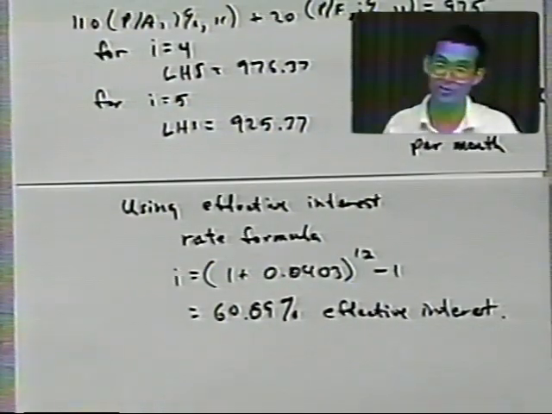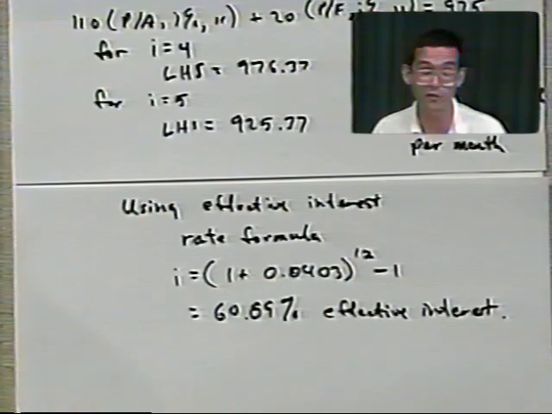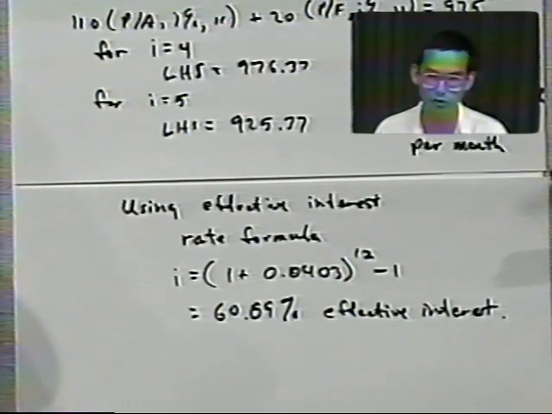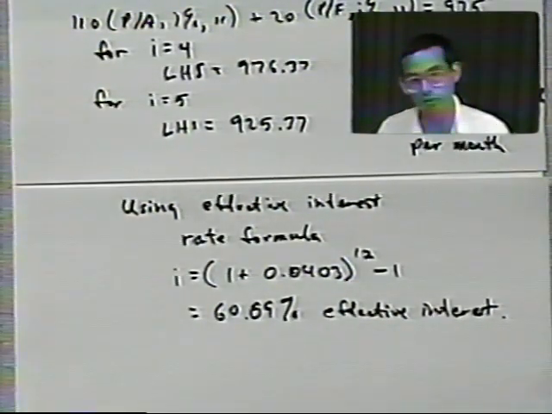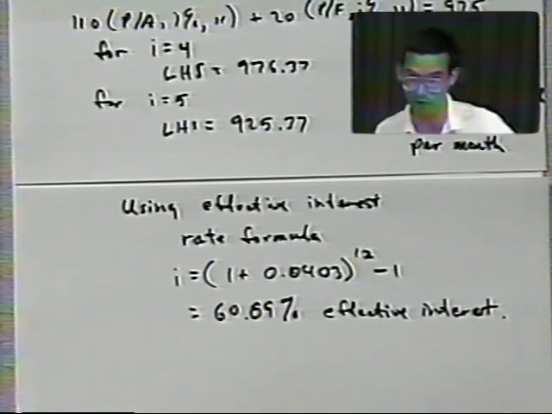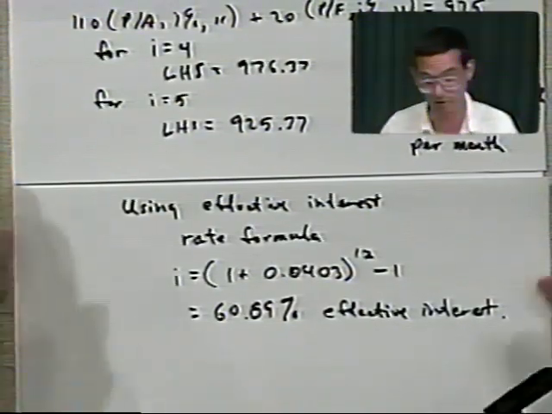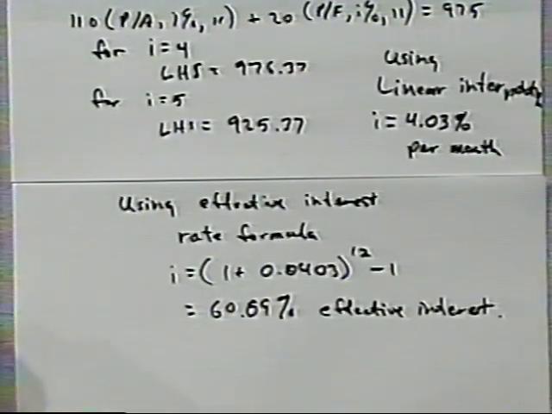So the process here, as far as complex calculations go, is exactly the same as we do for any simple calculation involving unknown interest rate. It's just that the components of the expression that we're solving for the unknown I are a little more complicated. So it takes a little bit more work. Another thing in particular about this problem is you notice this is 60.69%, almost 61% interest for what's been